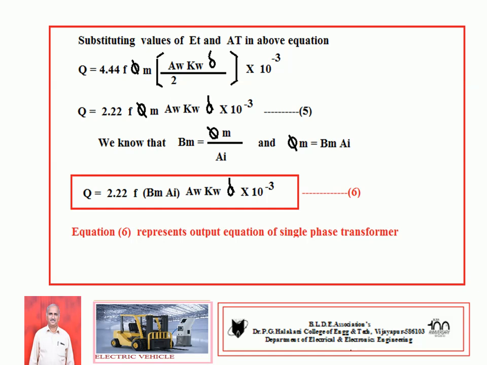You remember five things: f, phi m, AW, KW, current density. Five fingers: f, phi m, AW, KW, current density. Then it is possible to score 10 marks, for a derivation or it may be a problem. Today your design starts. So before going to 3-phase tomorrow, you practice this one.